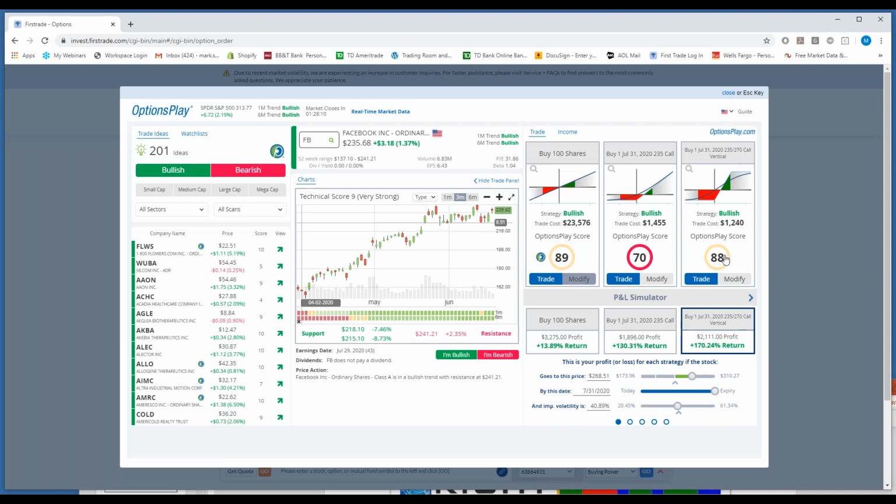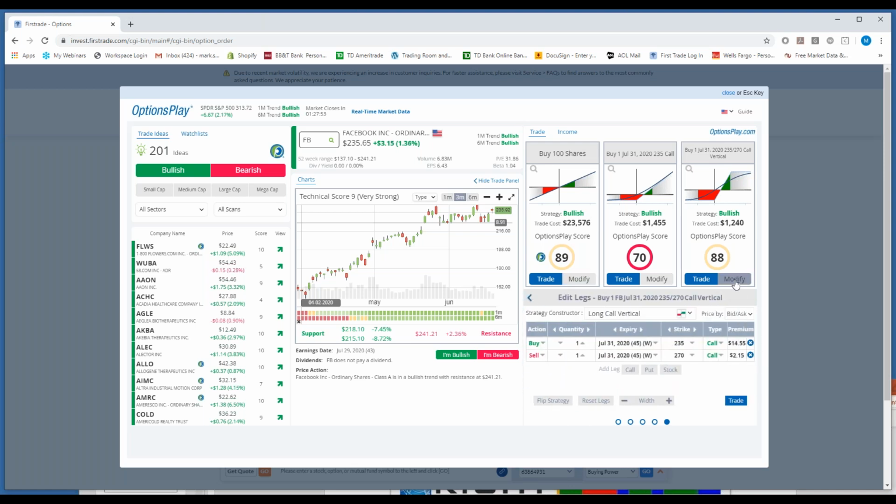Now, I'm sure we have plenty of time, but we could always look to modify and make this number bigger. And I know we could. We're looking for 170.24% return. So it's not exactly a 2-to-1. I know, and we could modify it if we want by just taking it out. Now look, listen, this is giving us the weekly, which it normally does not do. We can move the expiration out right here to August,